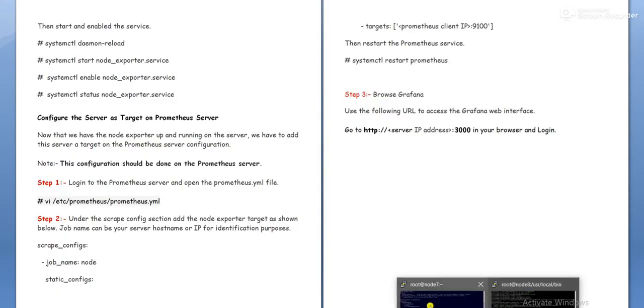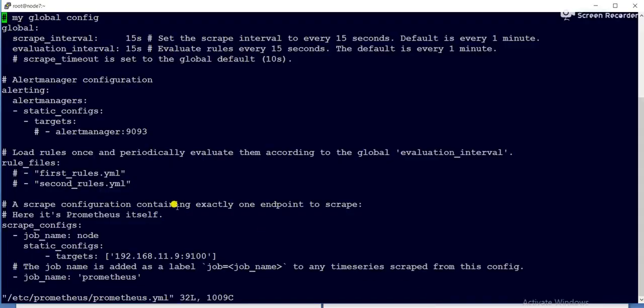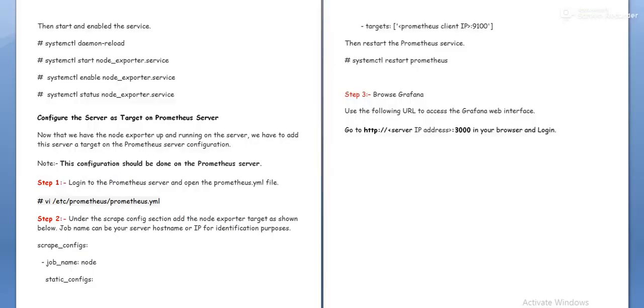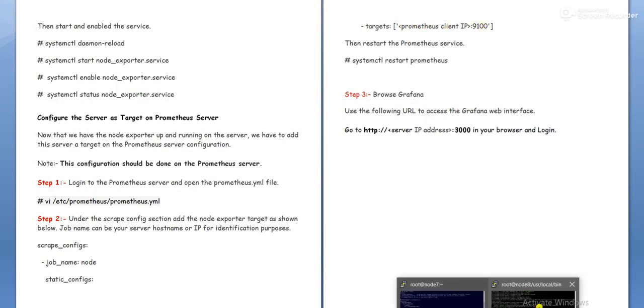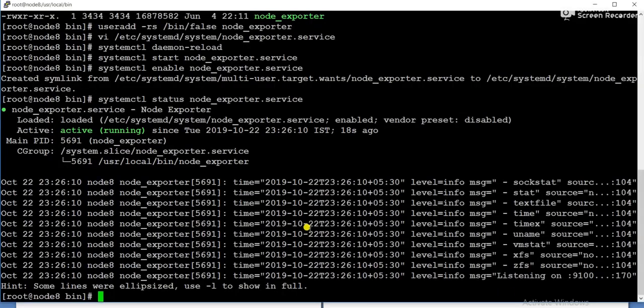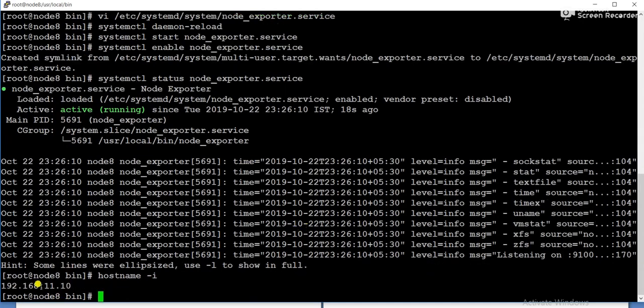This is the section scrape_configs. In this section we need to add the server. Under targets we need to add our targets. So what is our client IP address? 11.10.